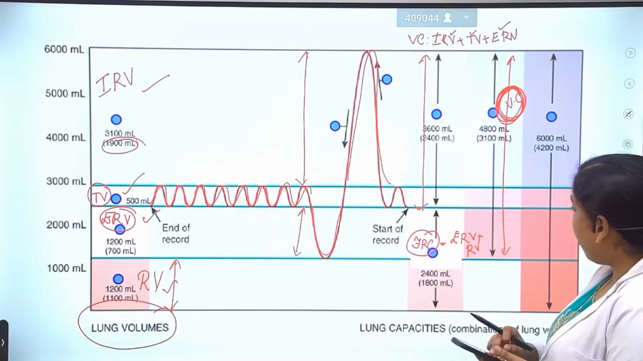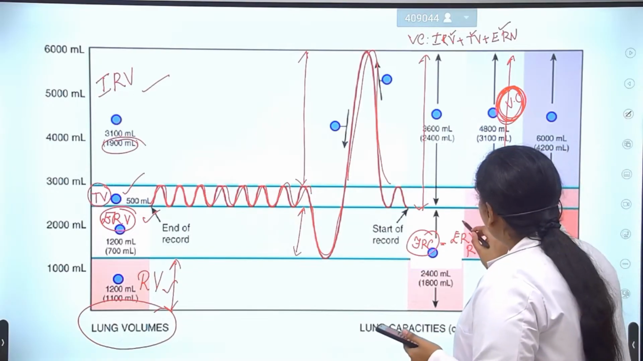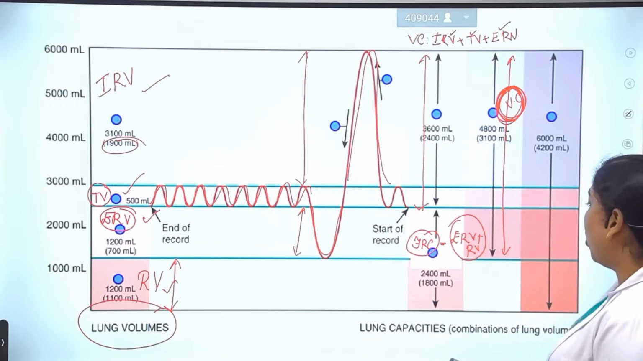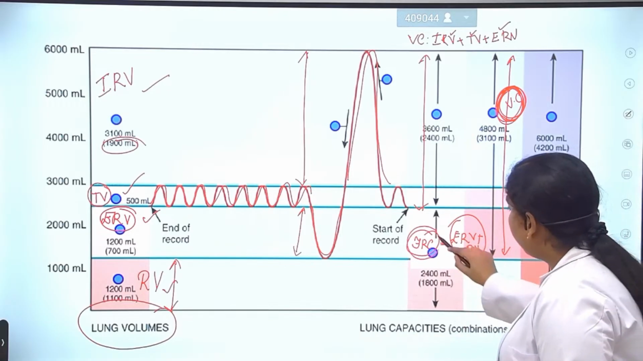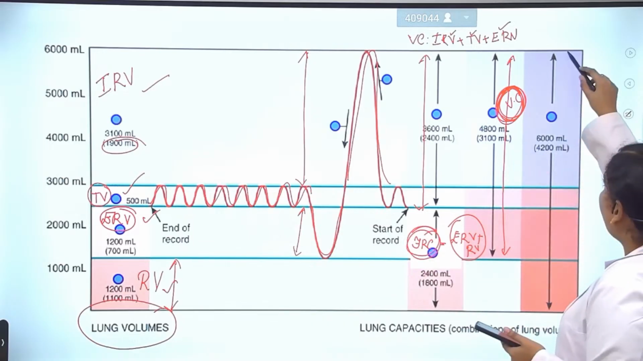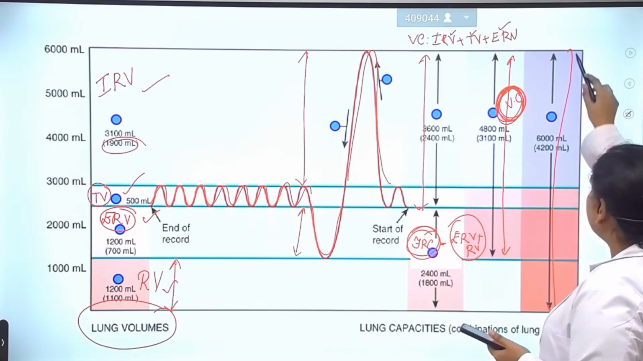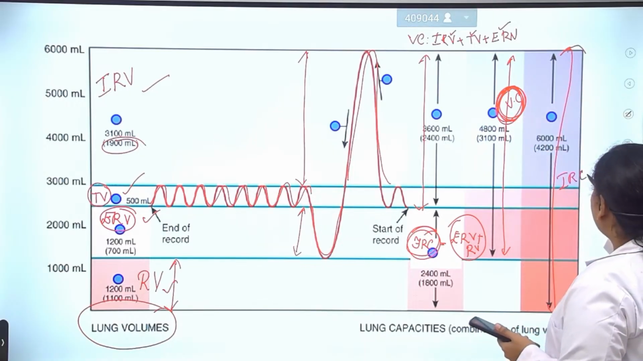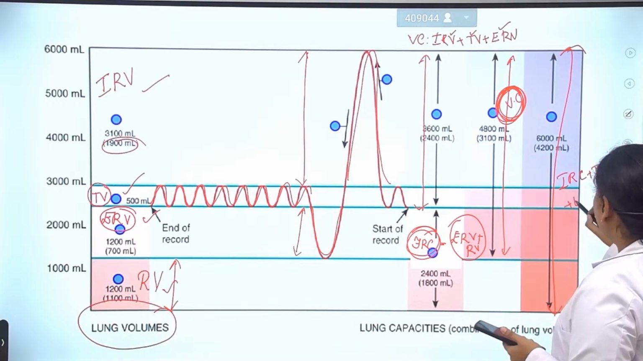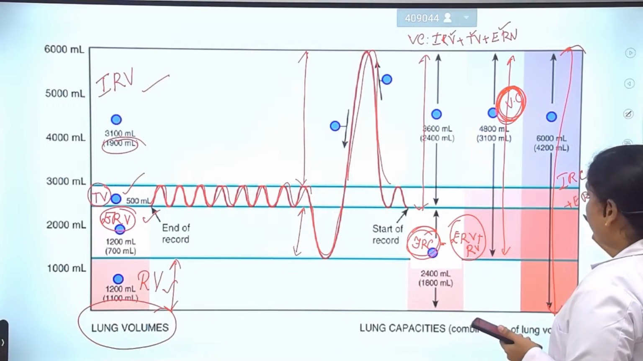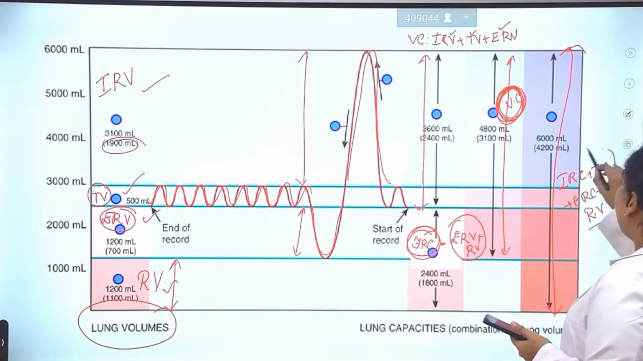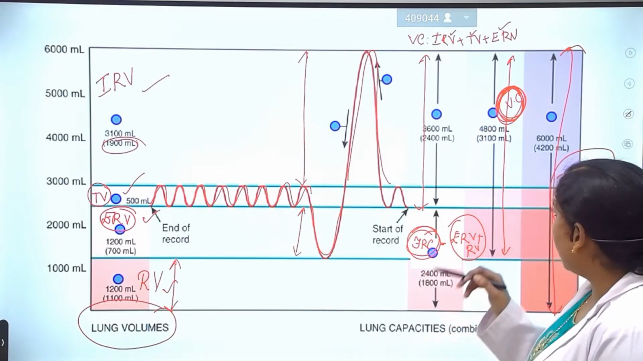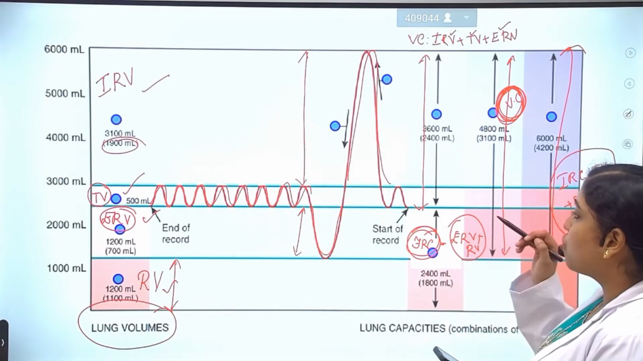Your FRC is your expiratory reserve volume plus your residual volume. Okay, your FRC. So next we have the total lung capacity. Obviously, the total lung capacity will be your IRV plus TV, tidal volume, plus ERV plus your residual volume. So that is your total lung capacity. The important vital capacities are very important to note to learn about